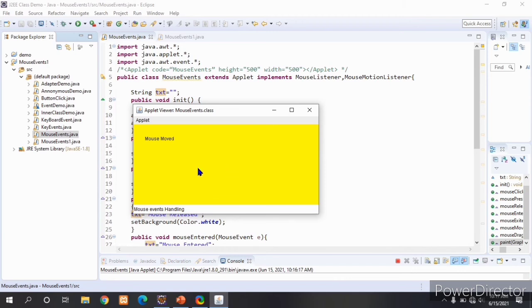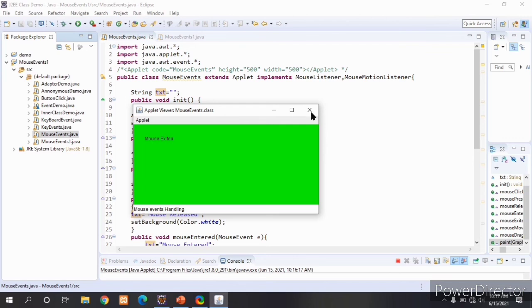I will drag, and see, now it is showing mouse released. These are the events we can handle by using an applet program.